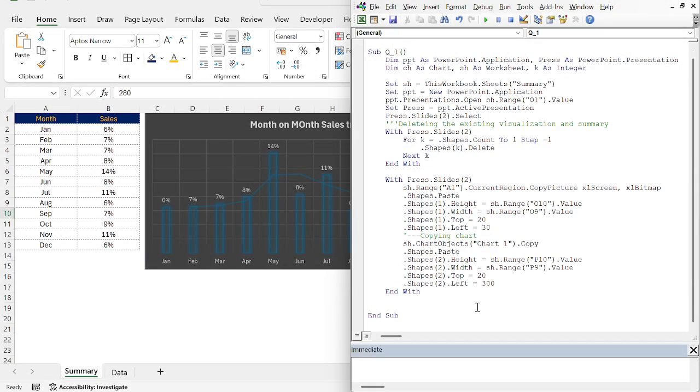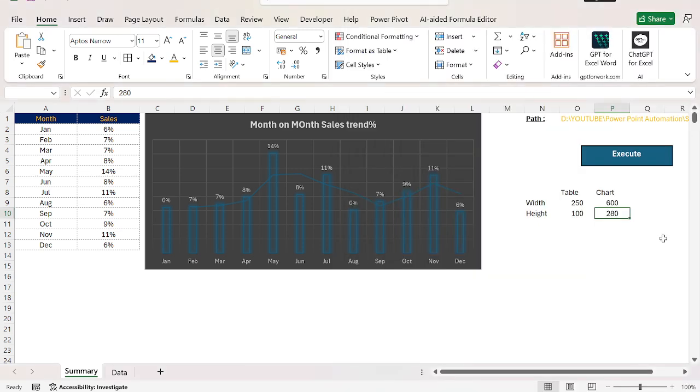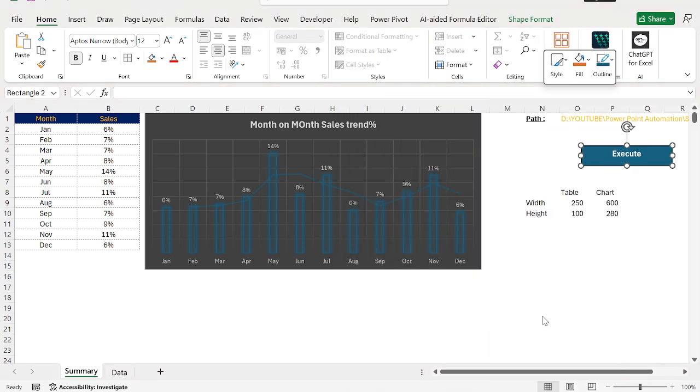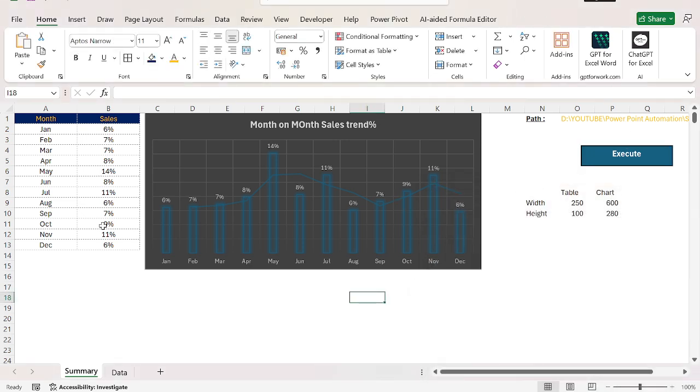What we can do, write message box, done. Let's enable it. Now let's assign it to the button. Assign macro. Come here in question number 1. Now what I am doing is I am making it 10% manually. Now I am pressing execute. You look,